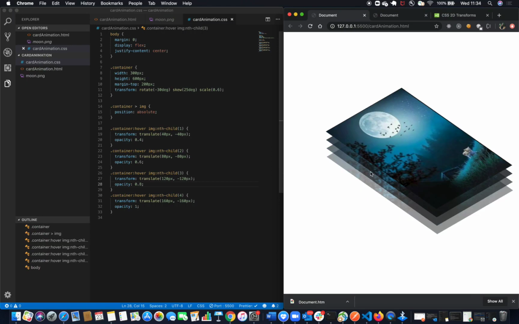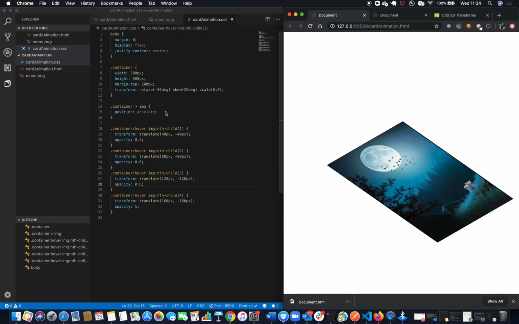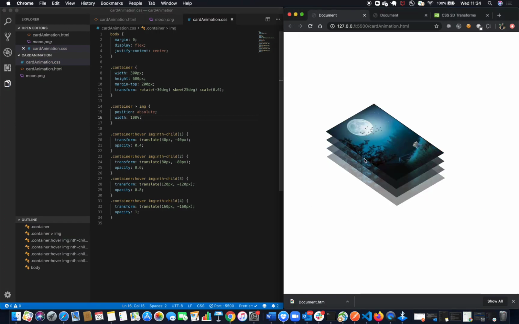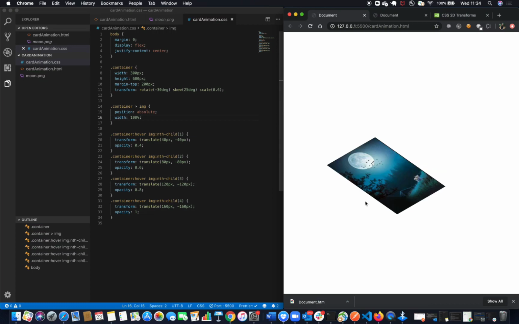The only thing that's missing is the smooth transition. We cannot see the smooth transition here. Also, let me give a width of 100%. Alright, in order to add that smooth transition, we have a property called transition.